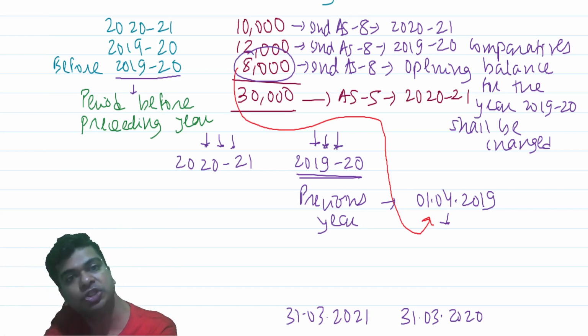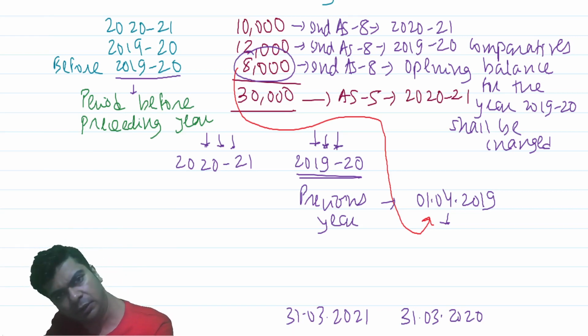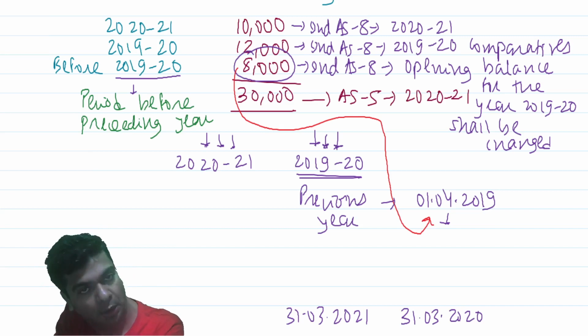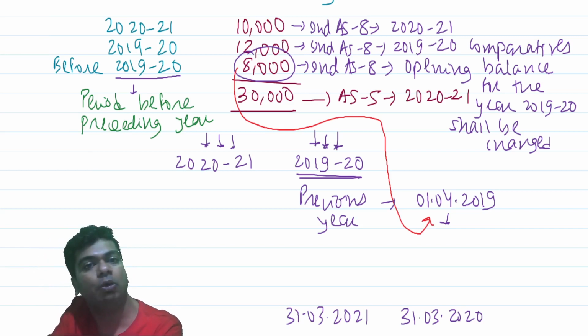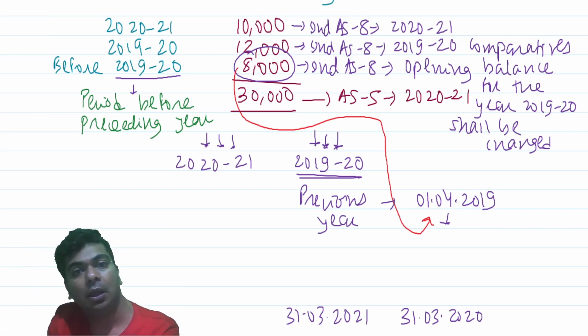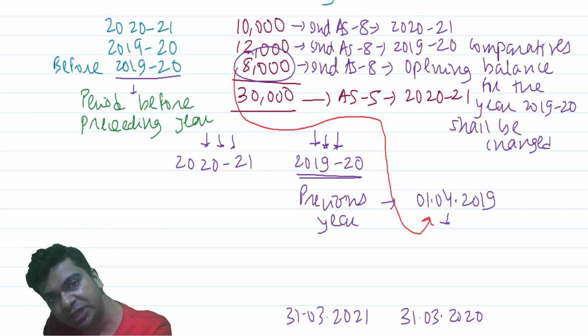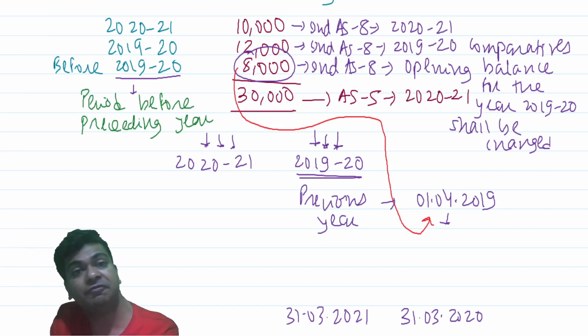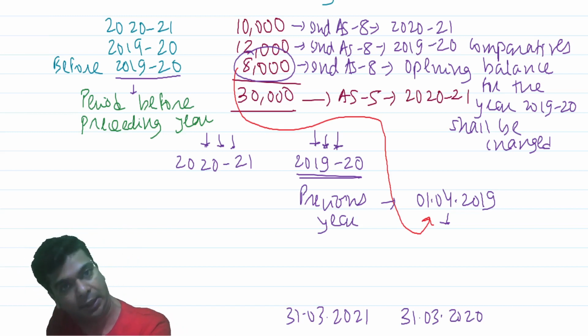Let us say it wants to change its accounting policy. It can do it. I'm not saying it cannot do it. We had already seen earlier how you can bring about a voluntary change in the accounting policy. You can definitely do it. But we are of the view that calculations for 150 years back is impracticable.